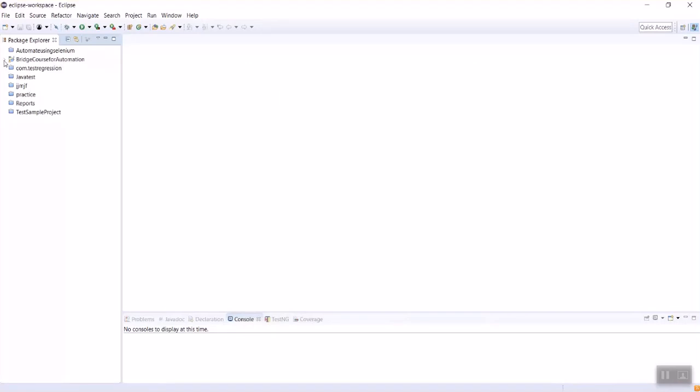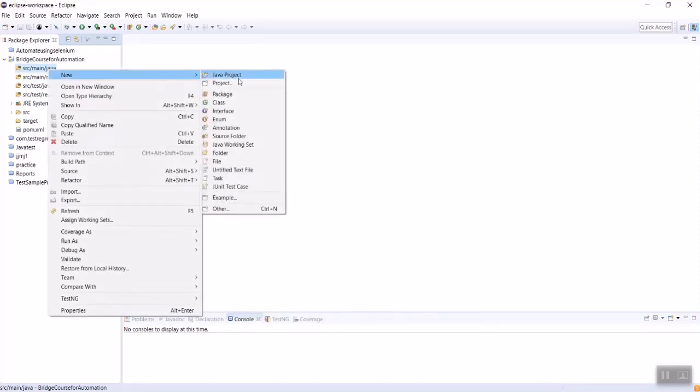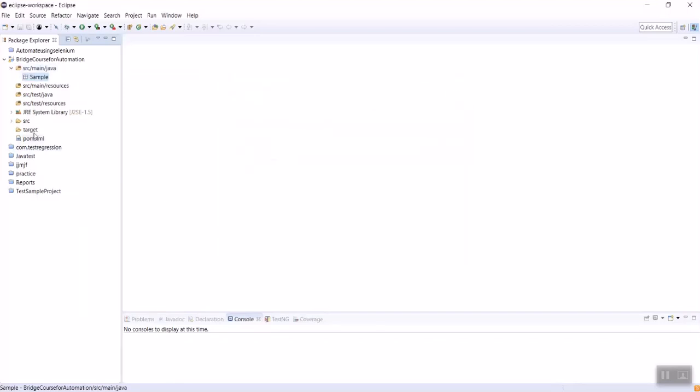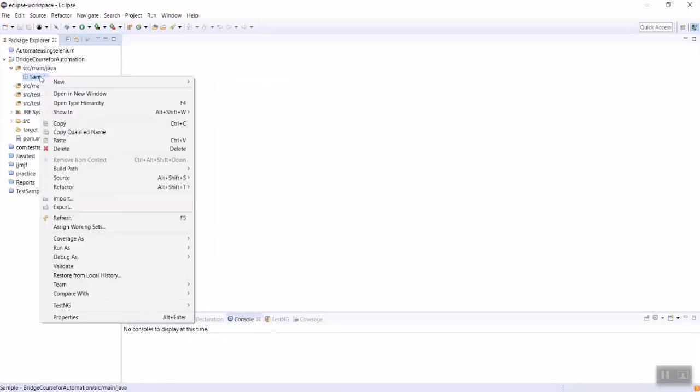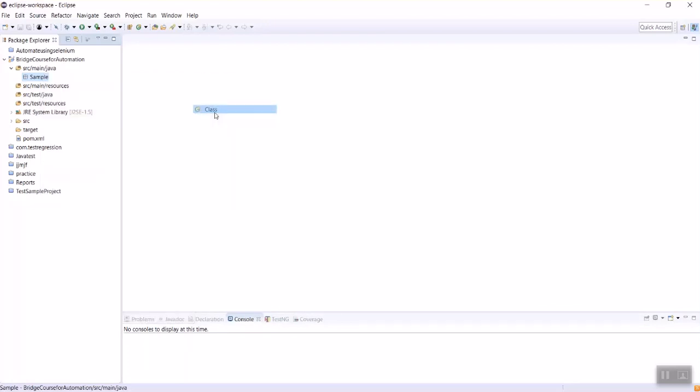So here the Maven project is created. This is the project structure, and let's click on src/main/java. Then you need to select package. So let's create one package. A package is nothing but just a bag. This bag can contain multiple classes, we can create as per our requirement. So here we are selecting the package, then right click, new, then class.